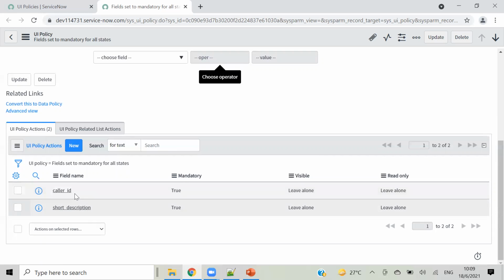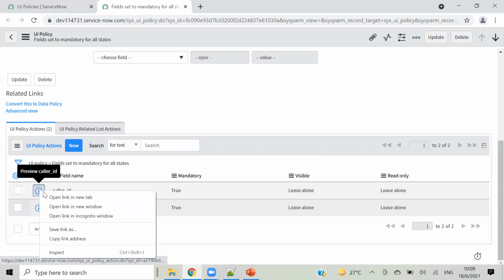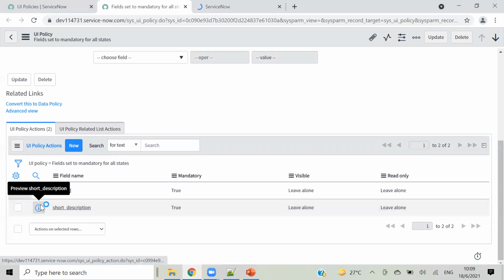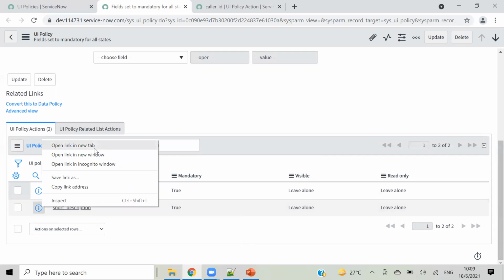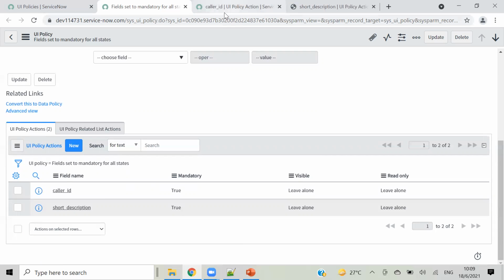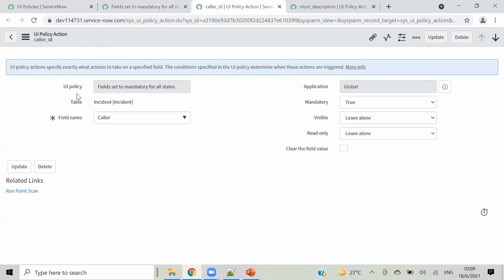Here you can see there are two UI policy actions. Let's open them one by one. Here is the first one. The UI policy will populate directly, nothing to do here. This table name will also pop up directly from the UI policy.